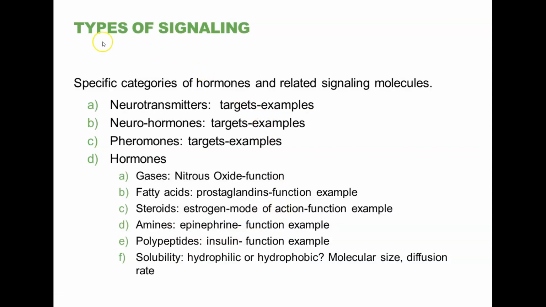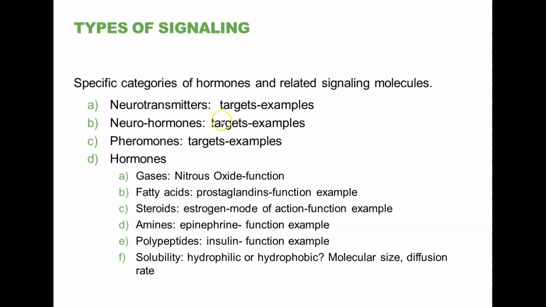All right, so signaling molecules. Hormones are specifically signal molecules that are distributed by the blood. Some other examples that are not distributed by the blood, but that are signal molecules, are neurotransmitters: acetylcholine, and all of the other molecules that allow one neuron to communicate with another one, or one neuron to communicate with a muscle cell, are neurotransmitters.